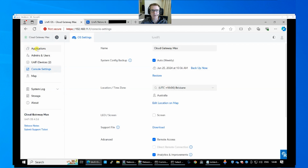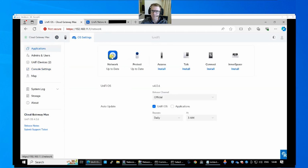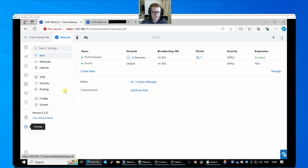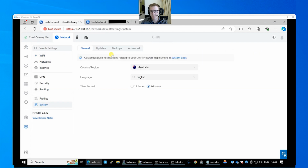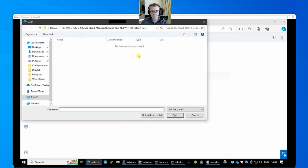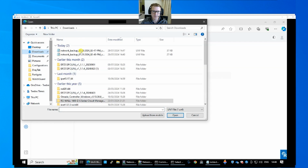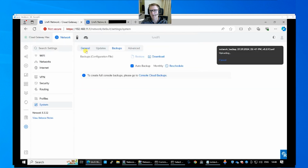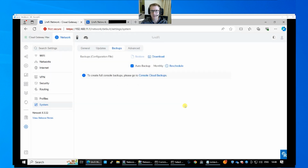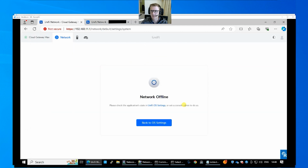So I'm interested now in going into my application, going into my Ubiquiti network, my UniFi Network in this instance, and I can come down to settings for this, same place as the other one, going to system and backups, and now I'm going to choose my restore backup. So I drop that into downloads here. So let me upload this now from the computer, and this is going to bring back the default site that I had before. So let's just restore this now and let this reconnect,